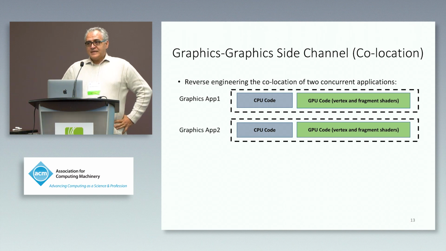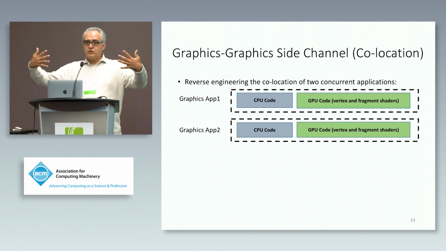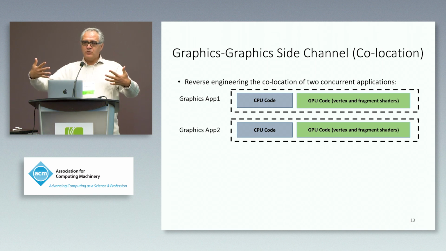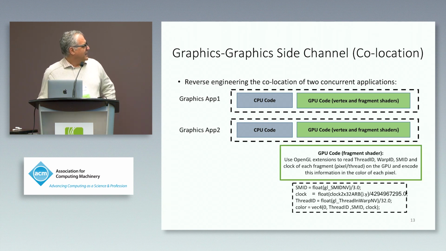So the first step is establishing this collocation. We wanted to see, if there are two graphics workloads, what happens to them? Do they run on the GPU at the same time or not? And this is a little bit about the reverse engineering. I will only say it for this case and then not bore you with it later. So